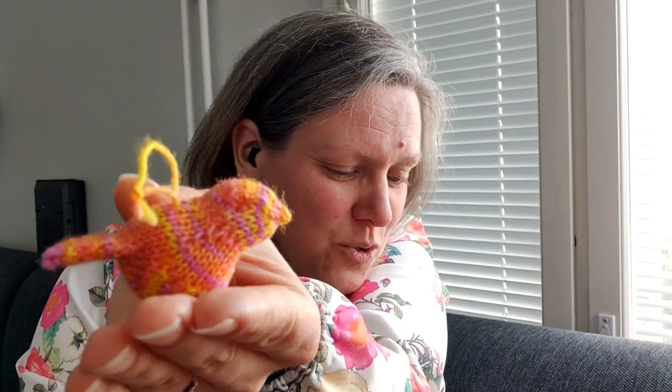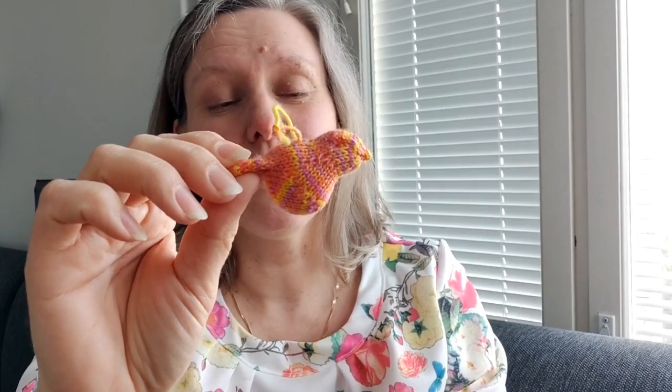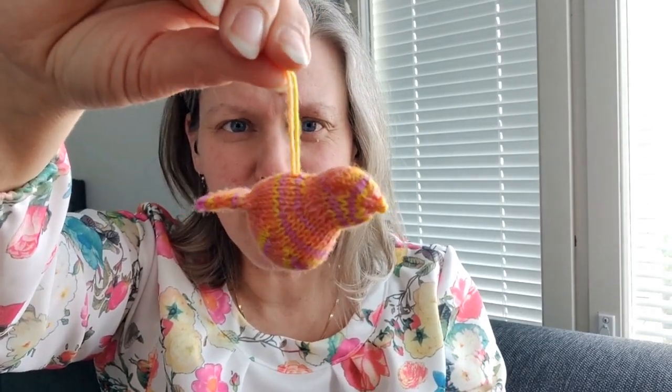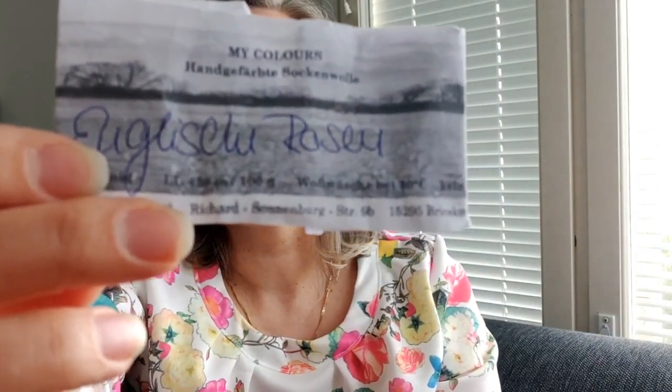Look at this little one. This is Bluebird of Happiness by Sarah Elizabeth Kellner. I have made a few before, but one of my daughter's teachers is having a baby, and actually she already left to maternity leave, and I decided to knit just this little bird. I was using the Frau Odersocke yarn that I used in the first socks. So this is the English and Rosen colorway, and 2.5 millimeter DPNs,